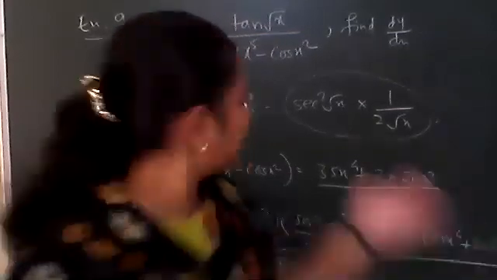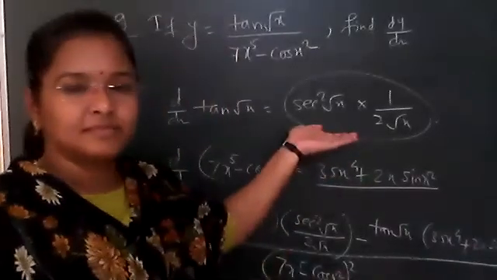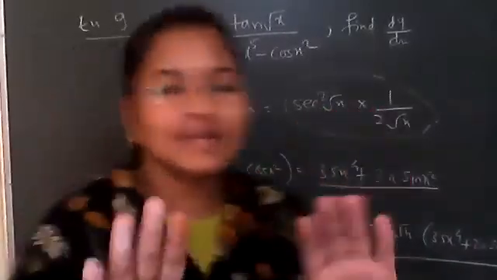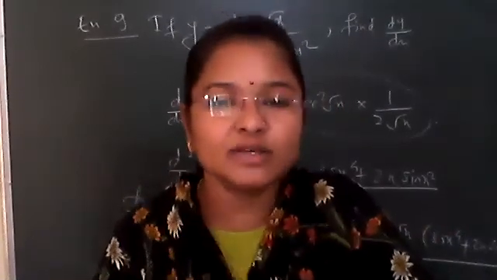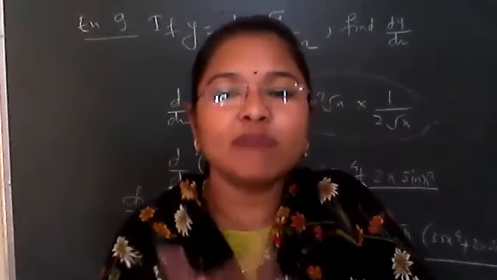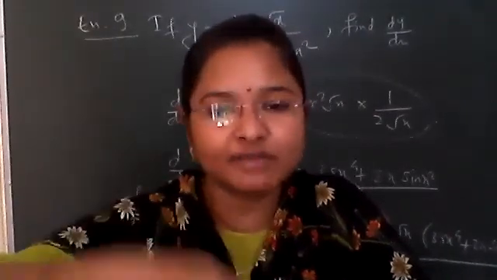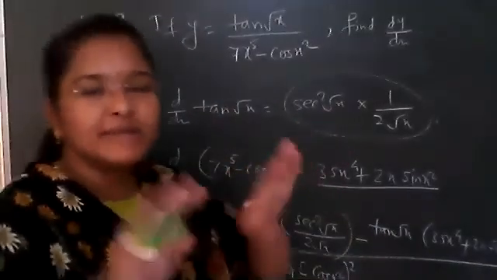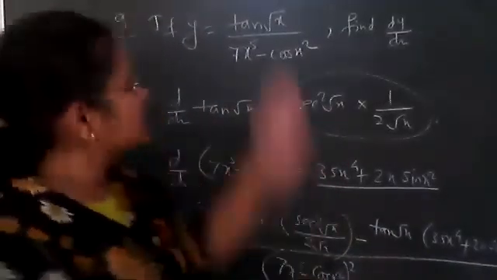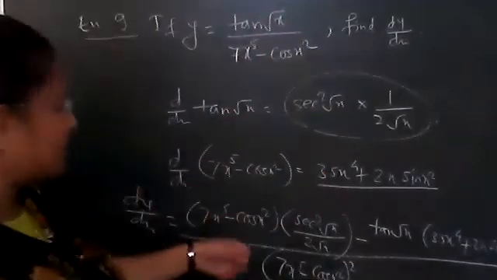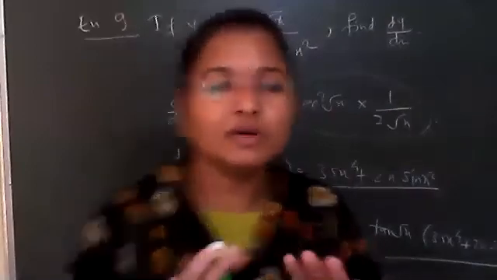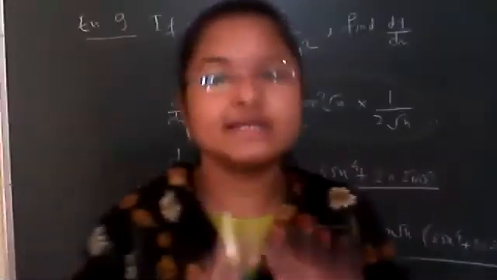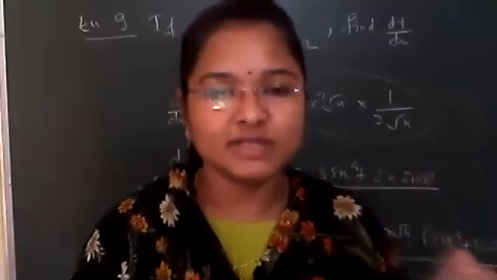See, here also we have used chain rule only. Just we have not taken it separately. See, what happens? Sec square root x is there, so it is an expression other than x. So here you can take sec square y, where y is root x, then you differentiate y with respect to x. Here chain rule only we have used, but we have not mentioned it separately. Getting? And this is the quotient rule, means the formula is of quotient rule only. What I will do is, we'll take the questions and in that I will mention separately, here we are using the chain rule, quotient rule.